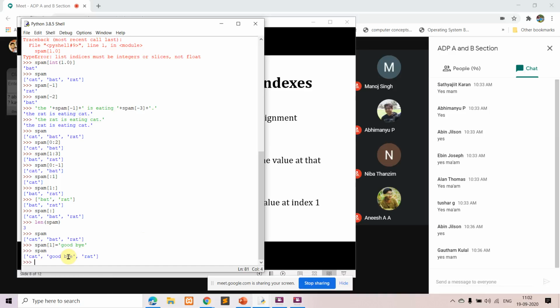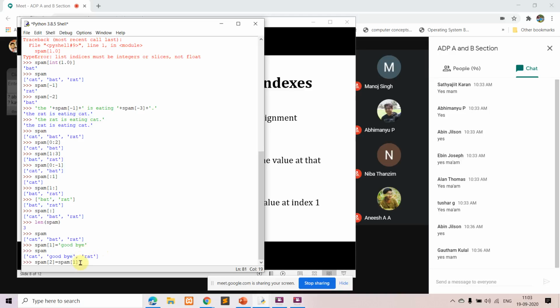Other than this, we can give some other. Suppose I'll give like spam of 0, 1, 2. So spam of 2 is equal to spam of 1. So what are we doing?